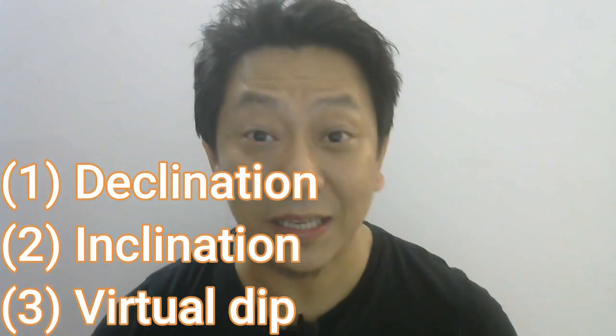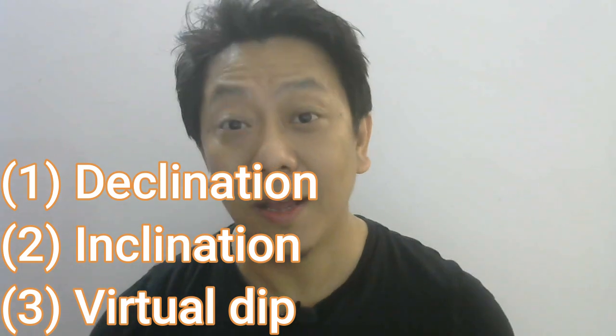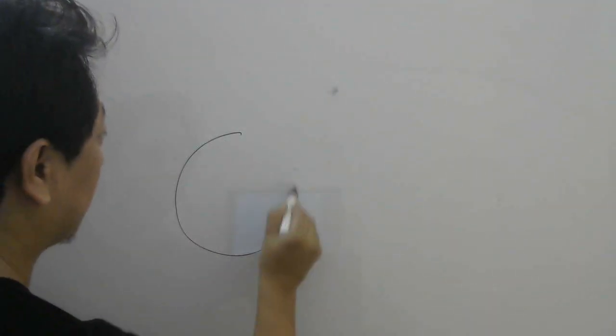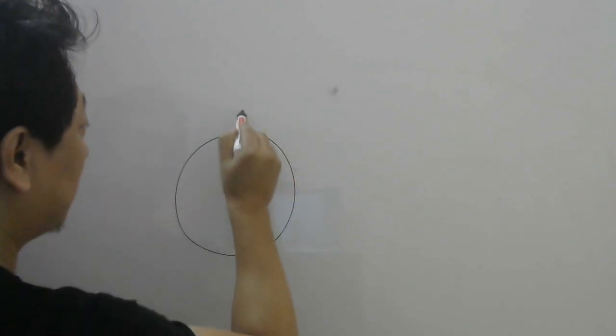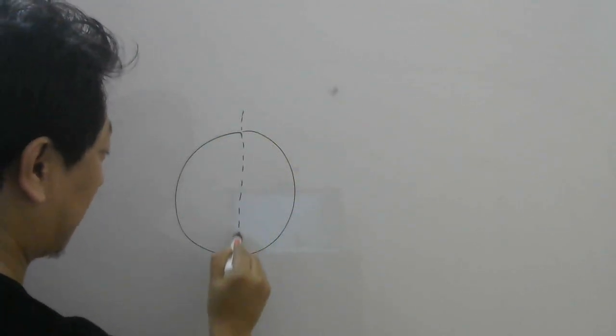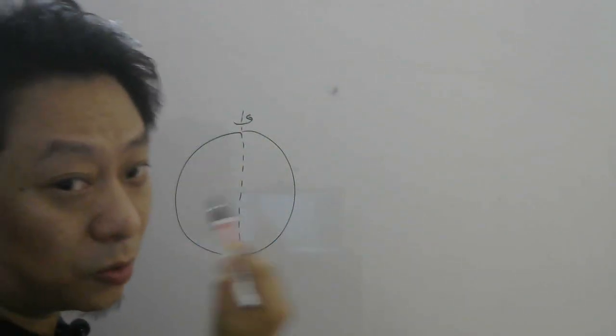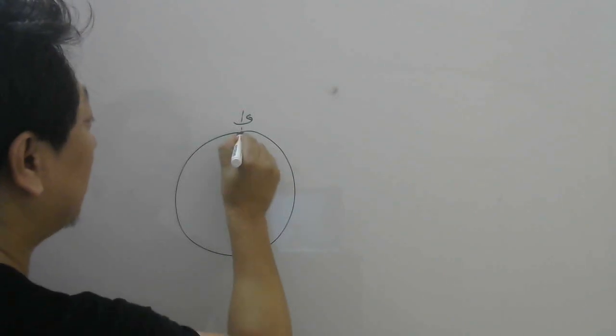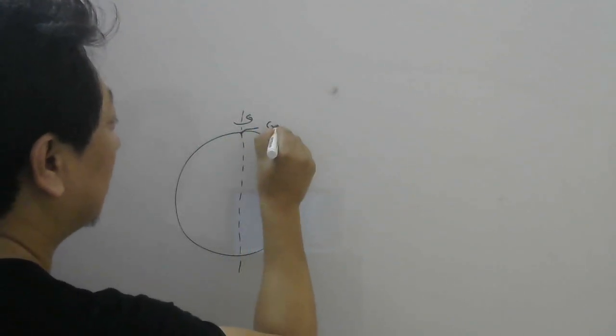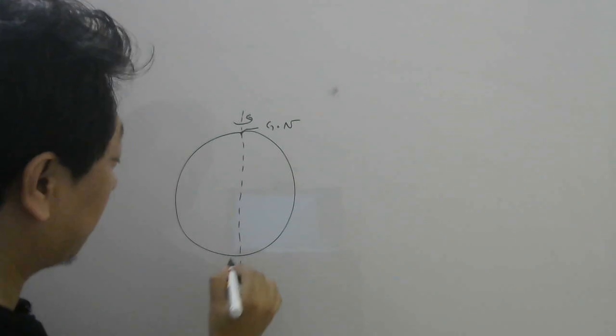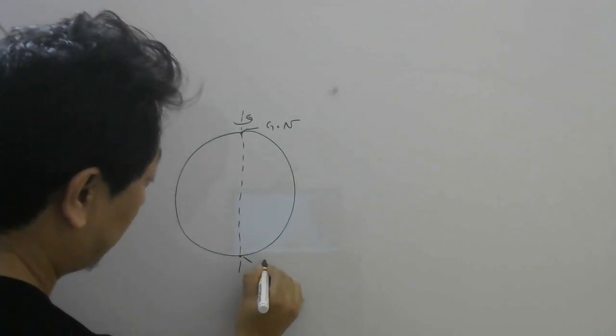Hi everyone, today I would like to tell you about declination, inclination and something called apparent dip related to Earth's magnetic field. So, if you consider this as Earth, then you know our Earth is rotating around an axis, right? So, this is the axis around which Earth is rotating. Let us assume. Then this point is what is called the geographic North Pole, and this point is called the